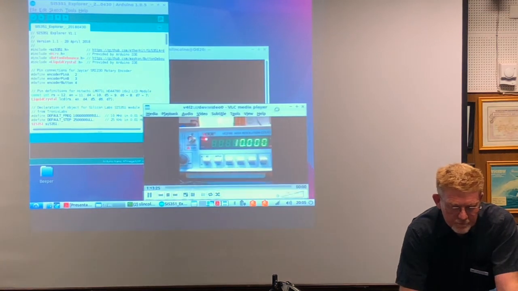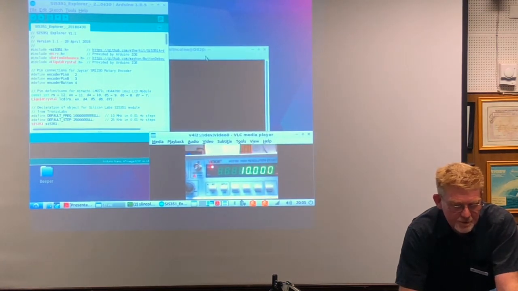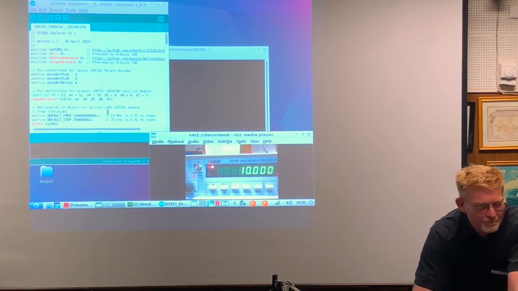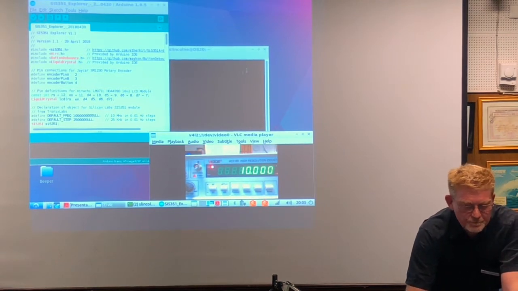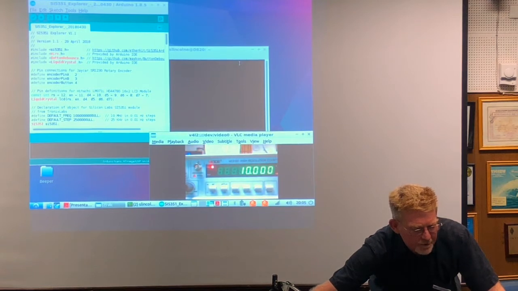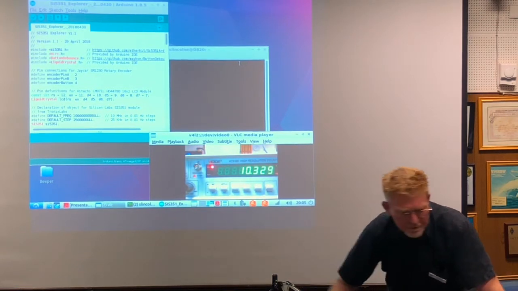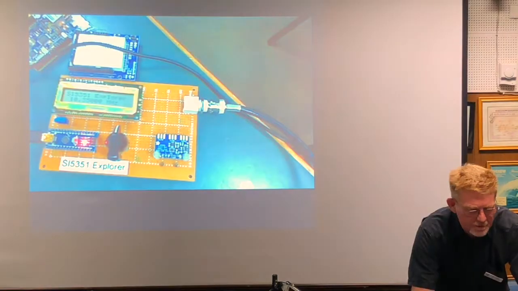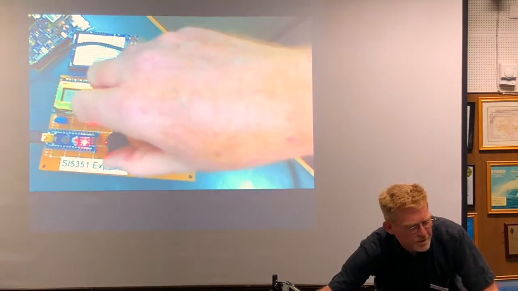I have a frequency counter connected down here, and it's showing a frequency of 10 megahertz. If I go over here and tweak the rotary encoder, a few issues there with switch debouncing, unfortunately. Bit of frustration, that's how these things go. But if I go back to the display, you can see